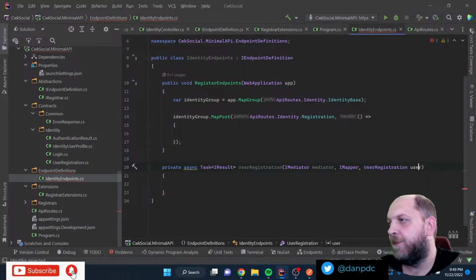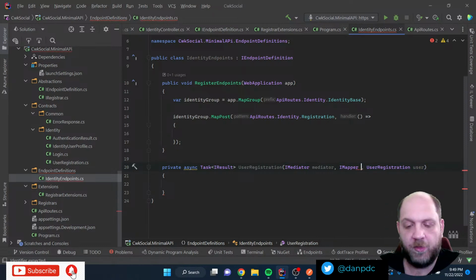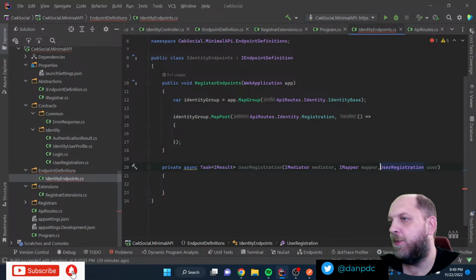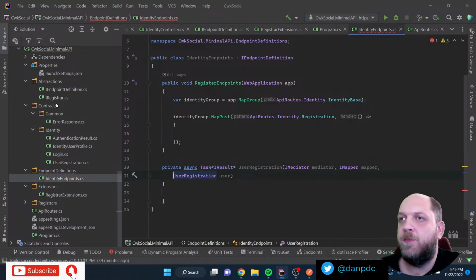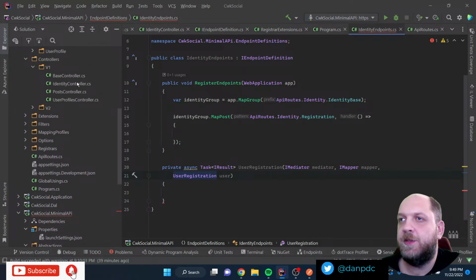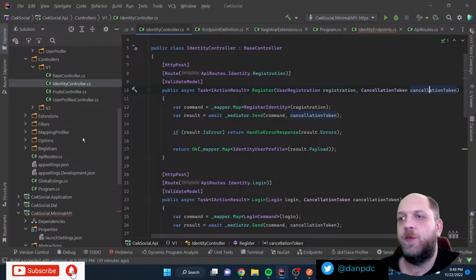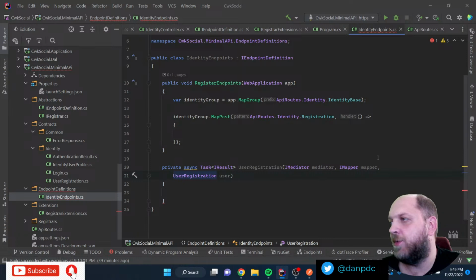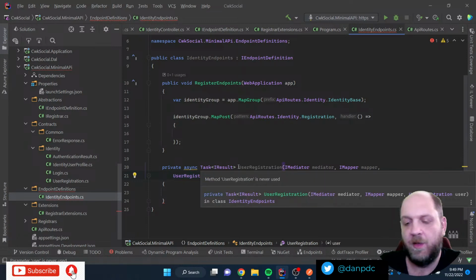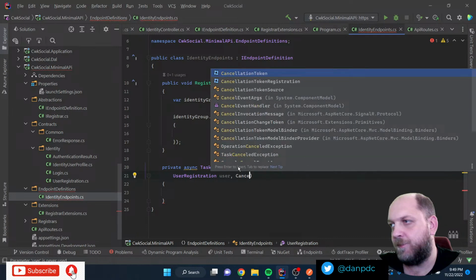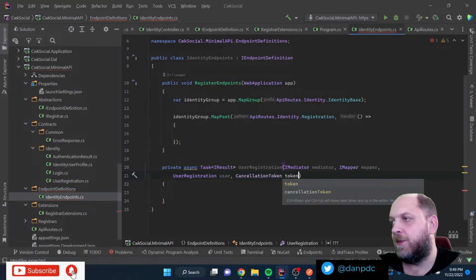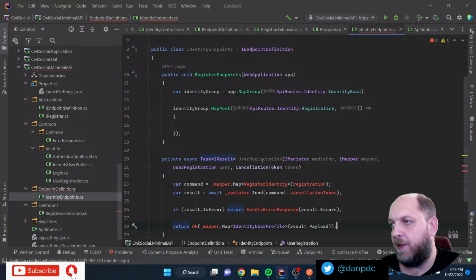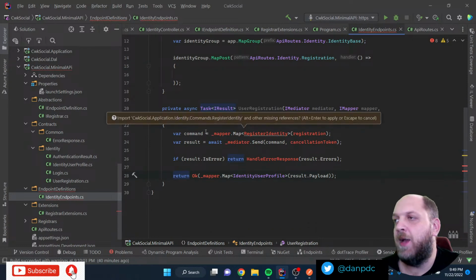Let's call this user, and for the mapper we need also to, of course, give it a name. Maybe go here on a different line. Let me check back to the controller, did we have anything else? The cancellation token. Let's just see if it works. I didn't try, but I assume that a cancellation token will also be created for each request. Let's call it token. Okay, cool. We should be okay with this, at least for now. Okay, so that's what we had in the controller.